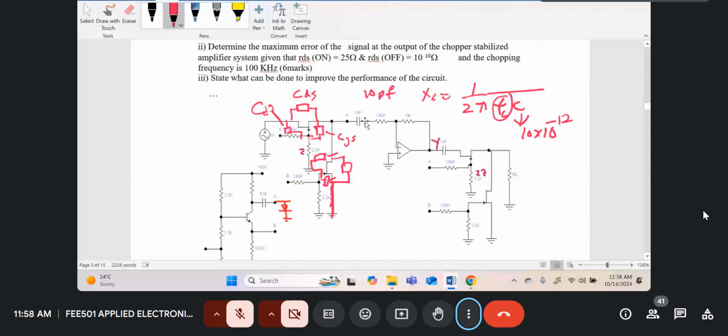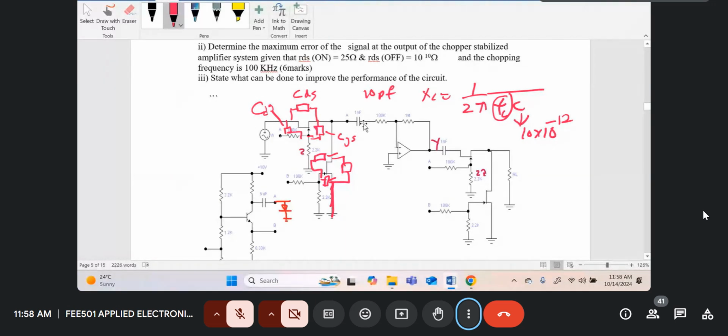At the output over here, if this 1NF capacitor was not there, and you just had a short over here, then this circuit is going to generate a lot of errors due to VIO, or VIO drift, right? Because any VIO at the input would be magnified by the gain of the system to appear at the output. In the AC amplifier,